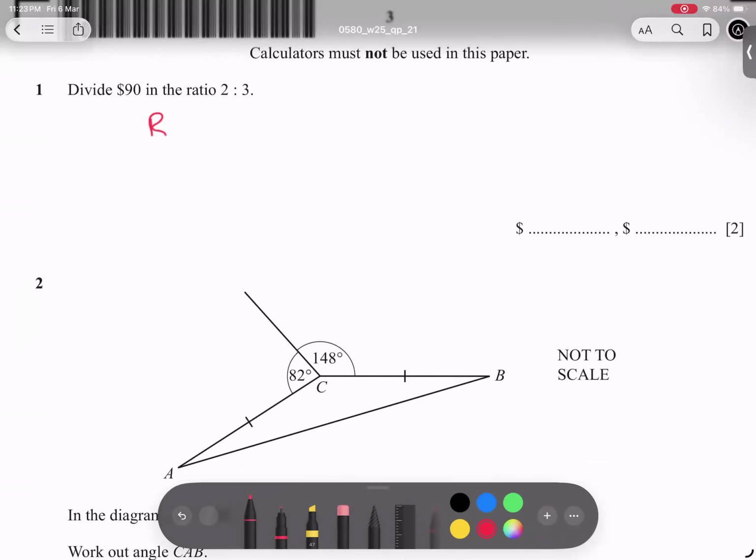Write ratio, write dollar sign, because the total money is this. So total money I'm writing here, and total ratio, if you add these two, we get 5. So total money and total ratio right in front of each other. I'm looking for the 2 ratio, so I'm writing here 2 and here x. So cross multiply: x times 5